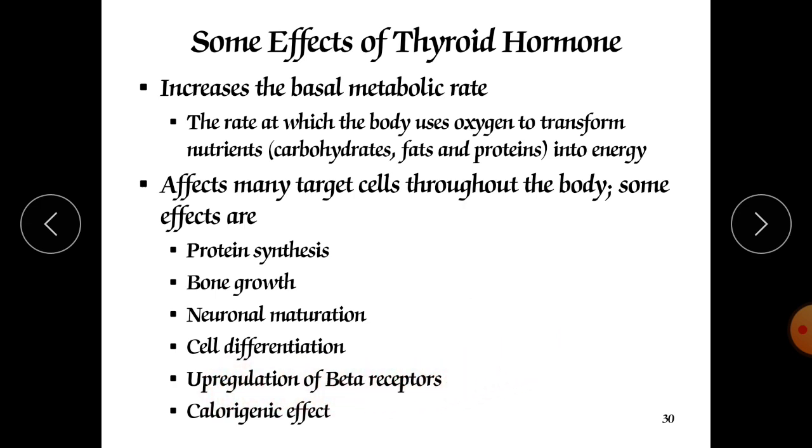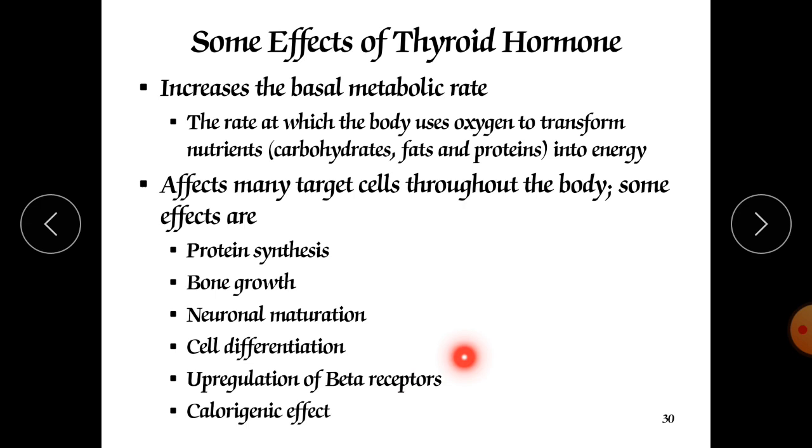As we know, these thyroid hormones have effects on catecholamines, especially epinephrine and norepinephrine, which act on beta receptors, which act on the heart. That's why they are able to produce an increase in heart rate and increase the force of contraction of the heart. So that's why they are responsible for upregulation of beta receptors. They are controlling the effect on the heart. They are increasing the heart rate.